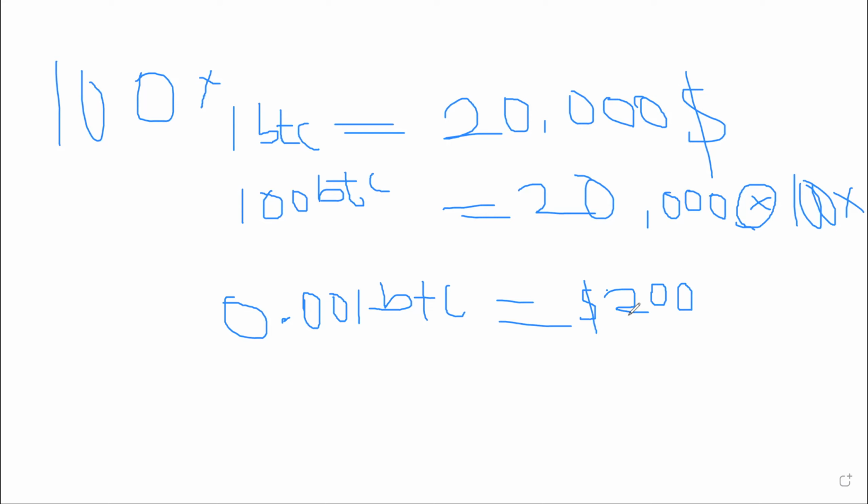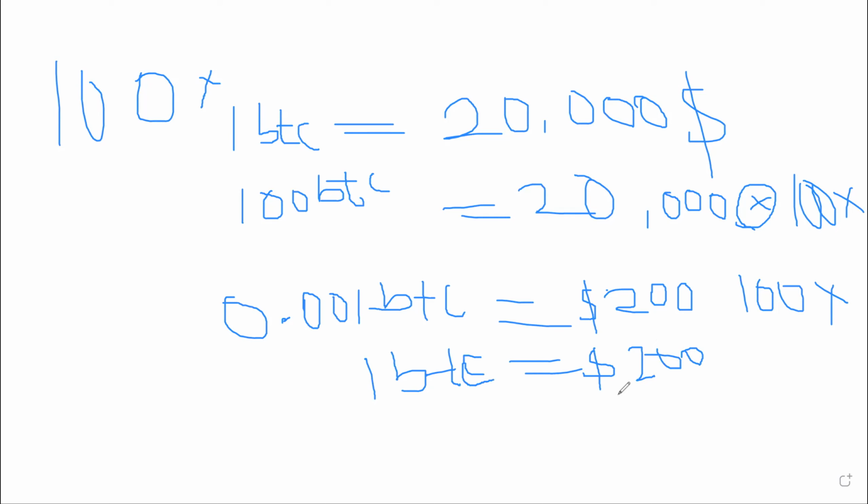Now, originally, you can only open 0.001 BTC with your $200 in your wallet. Now, if you are using 100x leverage, it will allow you to open, both sides multiplied by 100, 1 BTC. Because you have already multiplied this by 100, you'll be able to open 1 BTC with the same $200. I hope this is clear. Now, you have 1 BTC open, but your margin is still $200.